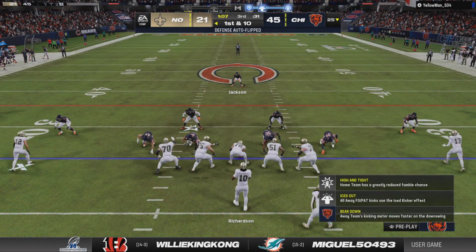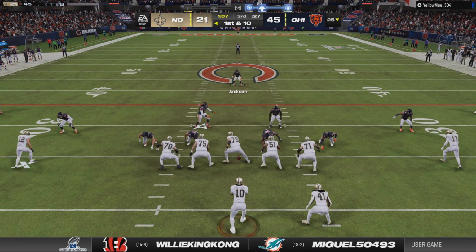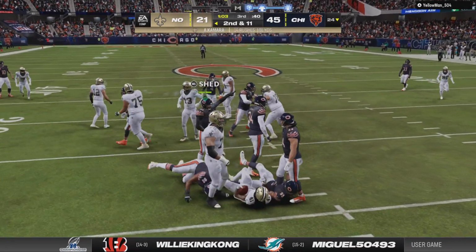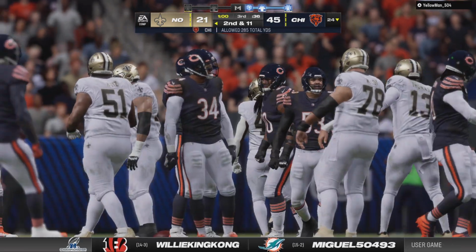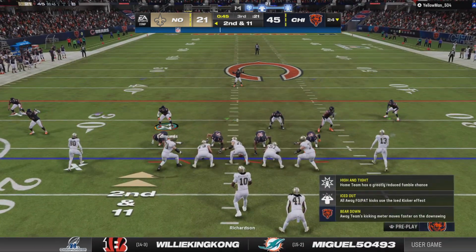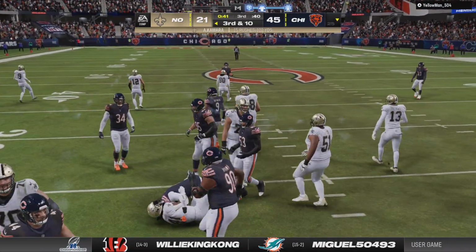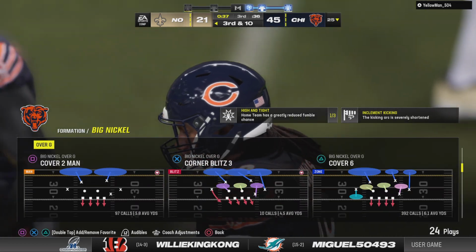The Saints offense on the field, ready to get their drive started. Well, this has been a tough one for them, Charles. They've struggled really on both sides of the football. And one thing that's really plagued them, the turnovers. They've had issues keeping the football in their possession. And every game that's ever been played, all coaches talk about taking care of the football and limiting turnovers. And in this one, after we saw that first turnover, we worried that things would snowball, and it certainly did,